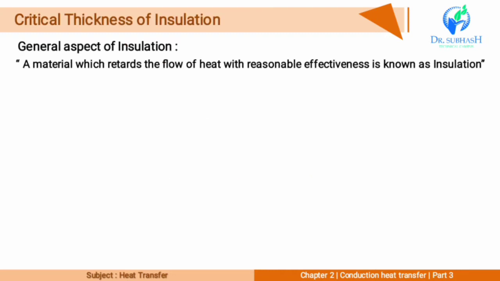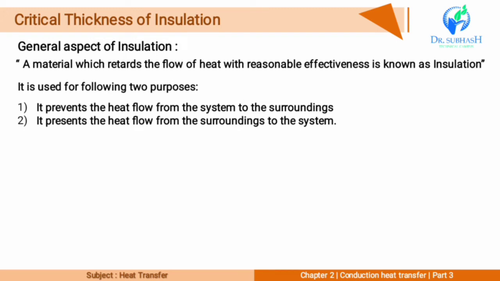First, let's discuss the general aspects of insulation. A material which retards the flow of heat with reasonable effectiveness is known as insulation. It is used for the following two purposes. It prevents the heat flow from the system to the surroundings, and it prevents the heat flow from the surroundings to the